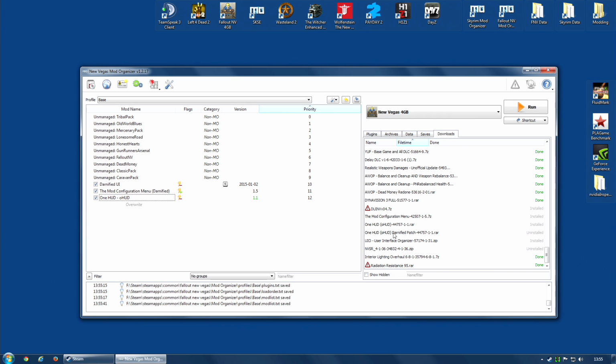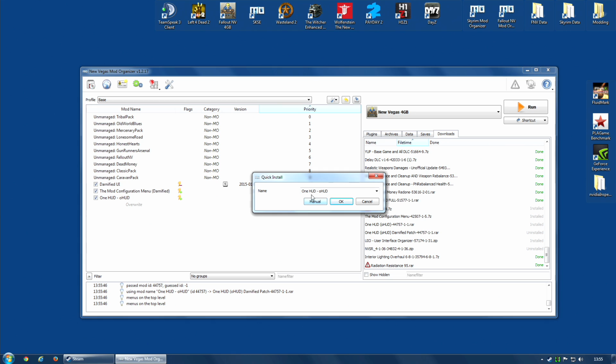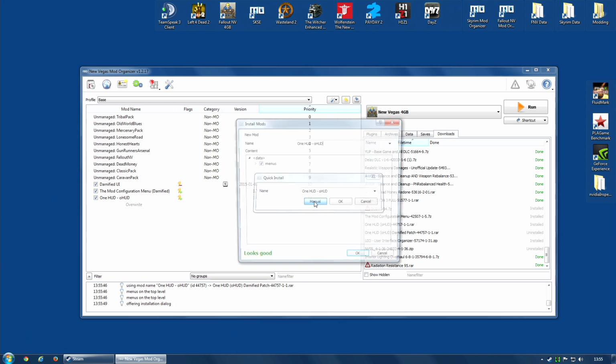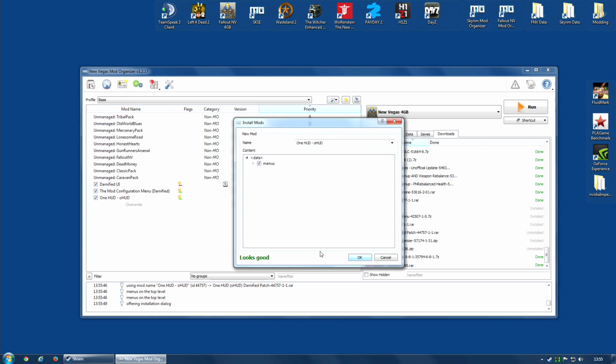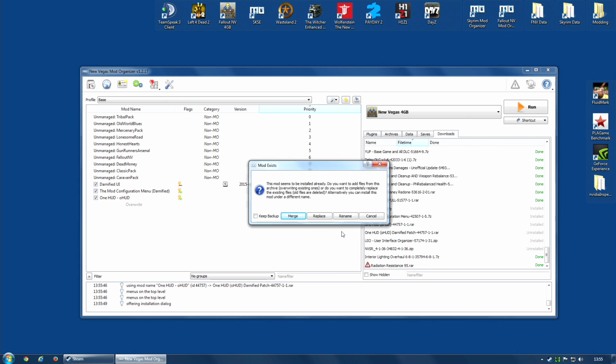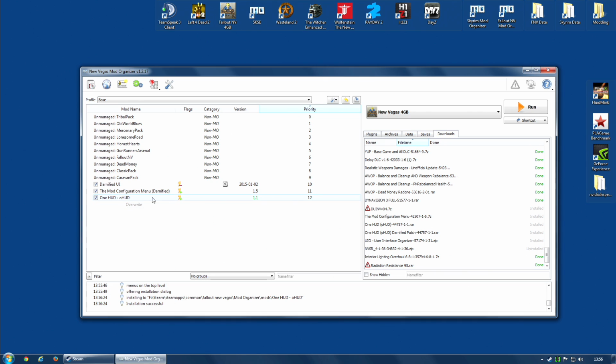And what I'm going to do instead is double-click the Darnified patch. Again, click manual, but leave the name the same. Check this. Check that it looks good. Click OK. And when it asks, I'm going to click merge. And what this will do is it will overwrite any of the existing files with the new file, but it will leave the other files untouched. Merge. That is now the Darnified version of OneHUD. And once again, rename